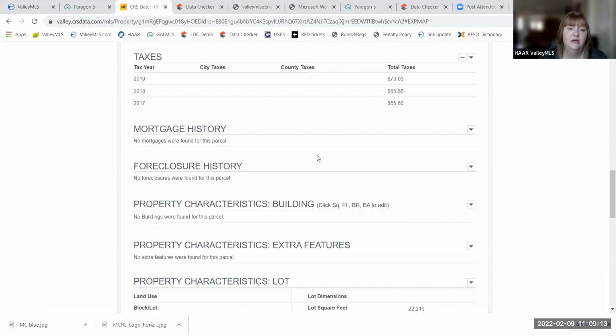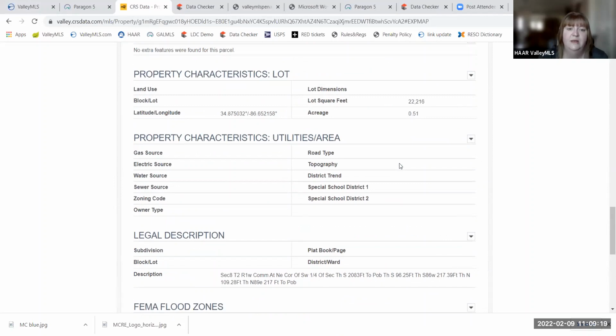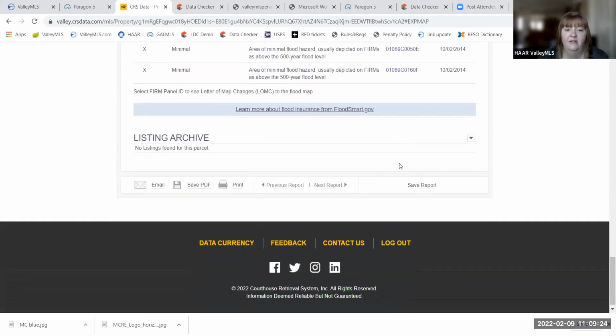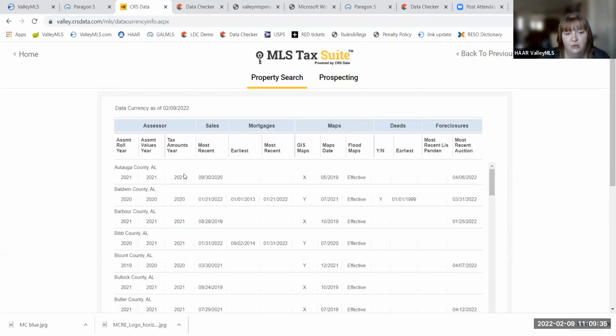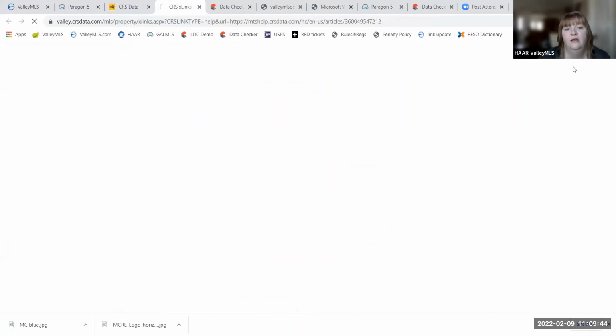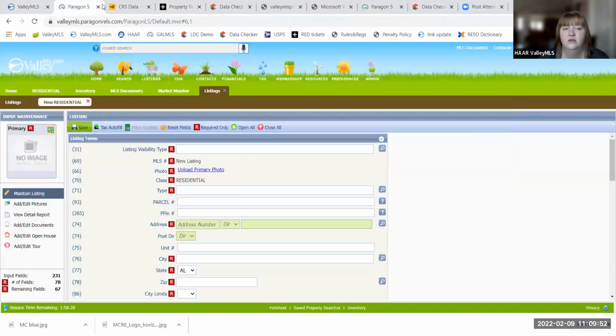But you can see sales history here and some other information. This is going to be, again, 2 databases pulling together as well as some third-party information. They're trying to give you as much as they can. And at the very bottom, if you're feeling like what I'm looking at, especially if you're in an outlying county, has to be really old, you can actually click on data currency and it will take you to this page here, and we'll show you every county and the last time they updated with us, which I just think is super cool. And also any page you're on, if you were to hit help, the help is going to be specific to that page. So, CRS is just a pretty cool and functional little tax resource there.